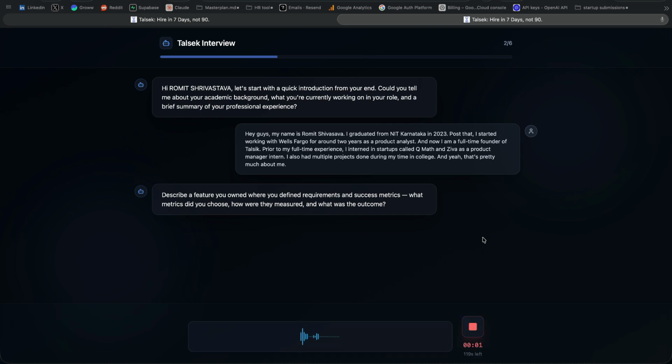Okay, so during my internship time at QMath, I was specifically charged with a feature for our pilot product at the time, where we had to evaluate the incoming leads so that it would save time for our sales team, in order to evaluate only the best leads that were coming in. So I was assigned this particular problem statement.